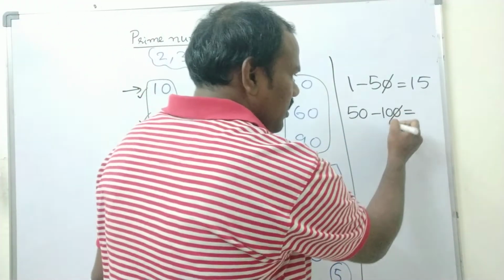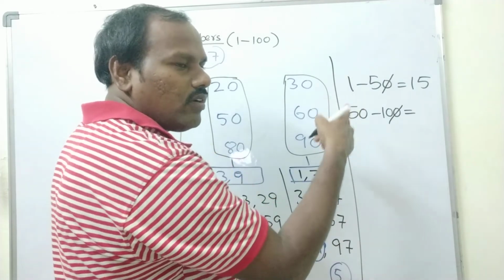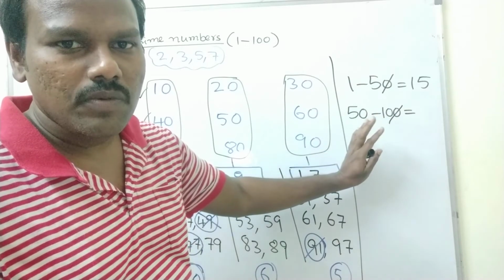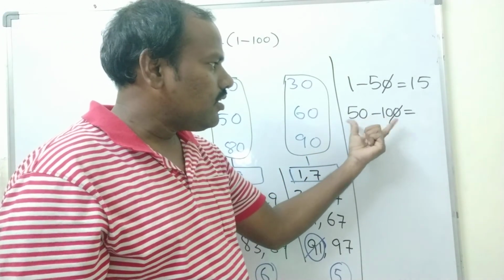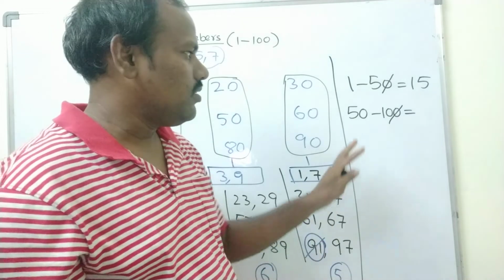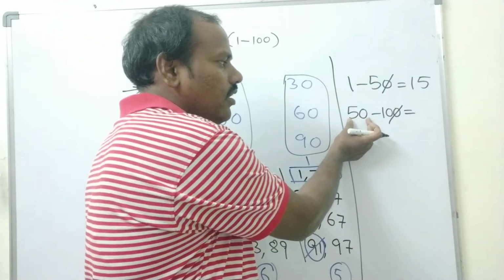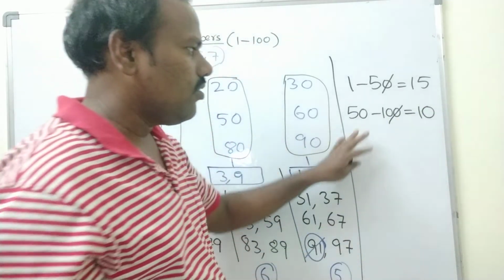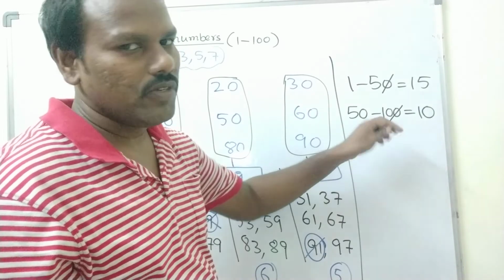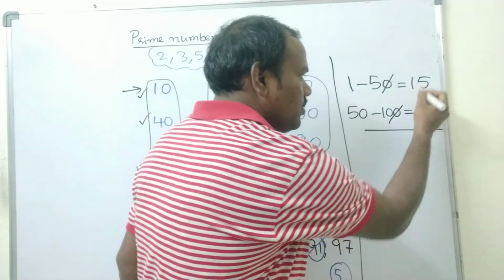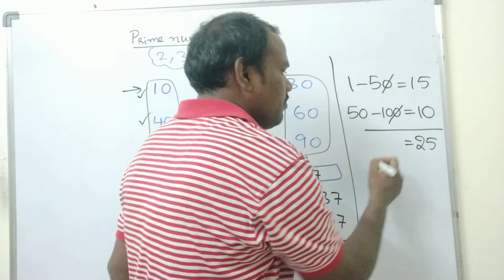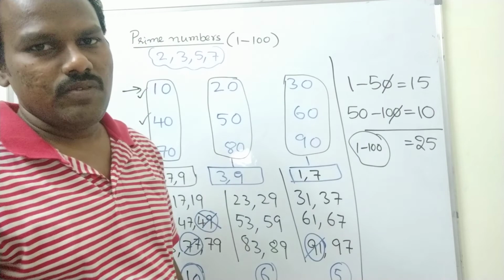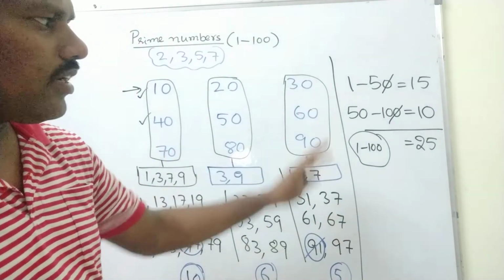So again strike the number. You have 50, which is not possible, 50 numbers won't be there, and 10 numbers is also not possible. And if you combine these two, 5010, that is also not possible. So only 10 is possible, not 50 numbers, not 5010 numbers, only 10 numbers. If you combine these two, you will get totally 25 prime numbers. So from 1 to 100 there are 25 prime numbers. So this is one way, and easily you can remember.